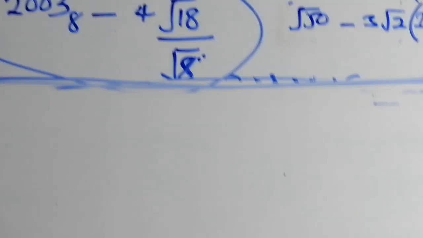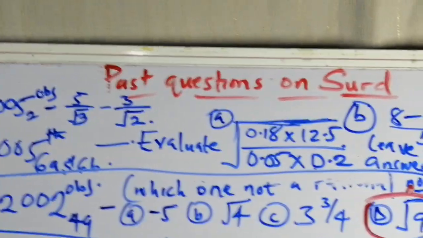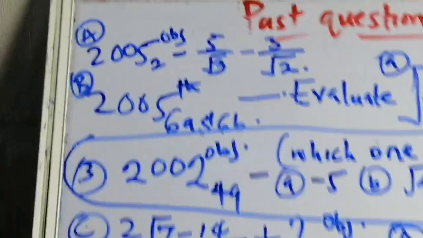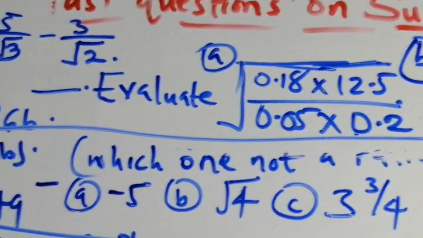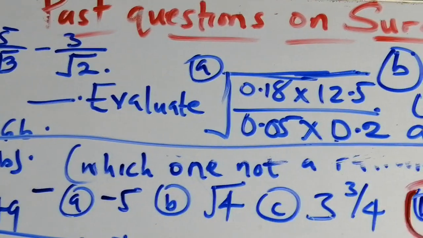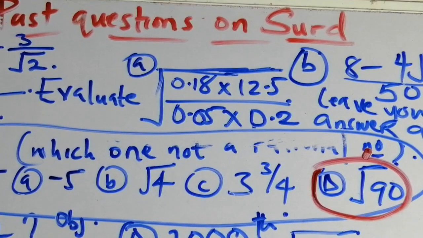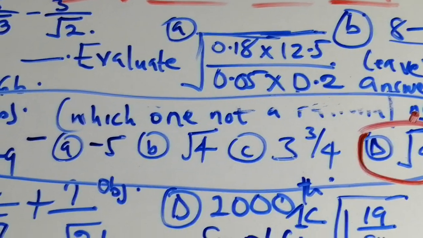So if you look at this, that's B. B now is the theoretical part. Imagine that's just surds now. The first one said A and B question. So evaluate. What that one is saying is: evaluate 0.18 times 12.5 over